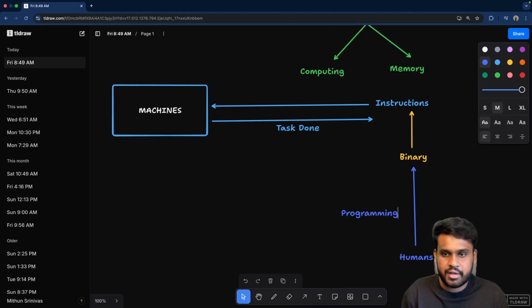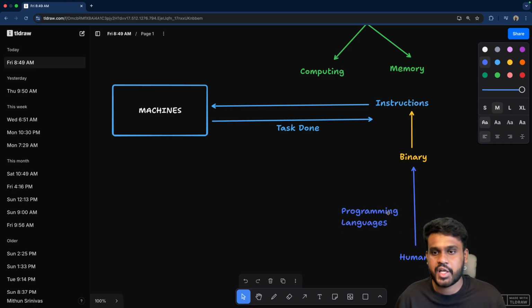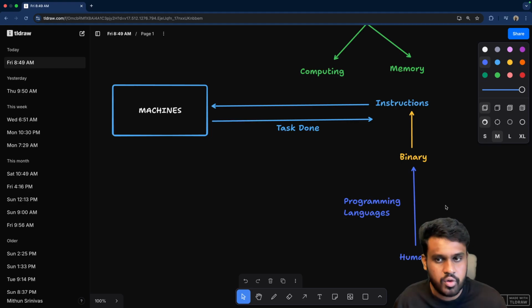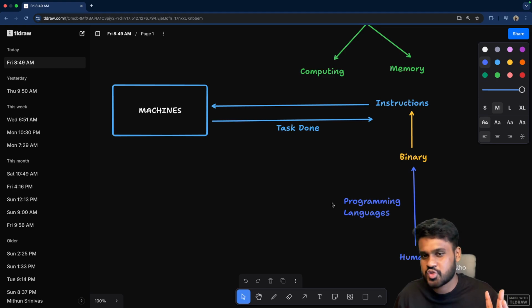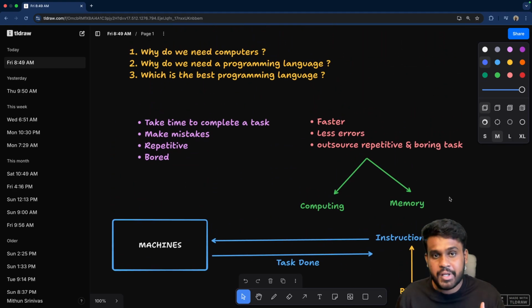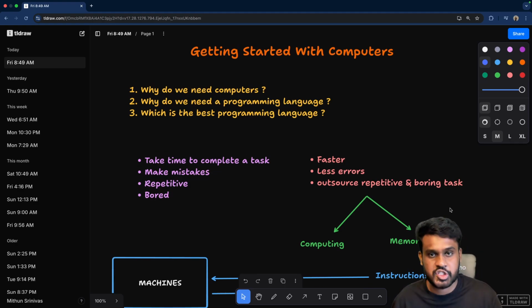Again, there are different levels of programming languages. The assembly language, where you write more difficult code, which is not that easy. Then you have low level programming languages. Then you have high level languages like Python, which are like regular English itself, but under the hood they do this conversion task. Here you will have a lot of engines to convert your instructions into machine instructions. So this ability of communicating with machines is a skill and it is done through programming language.